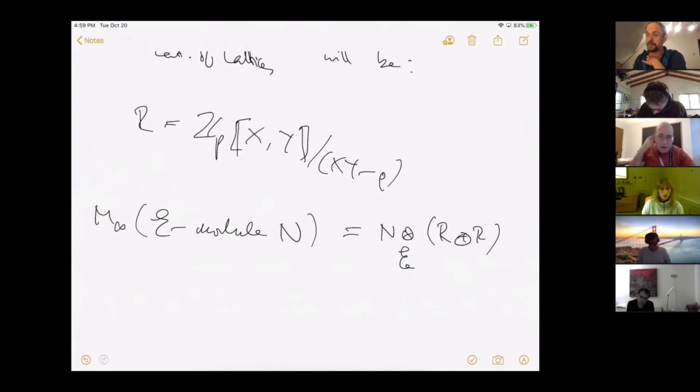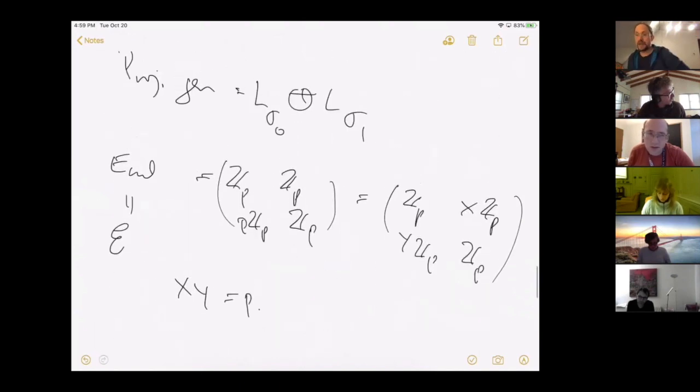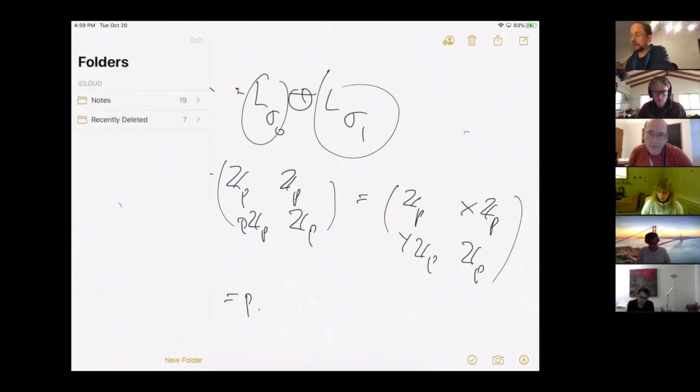When you try to unravel the Morita equivalence here, R plus R corresponds to... each R will correspond to, if I put E tensor E, so R plus R will be corresponding to the projective generator itself. And each of the copies of R will be corresponding to each of these lattices. So this one will give you one copy of R. This one will give you another copy of R. The direct sum, which is the projective generator, gives you,